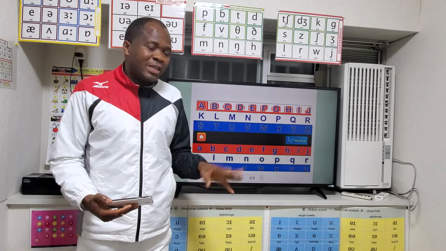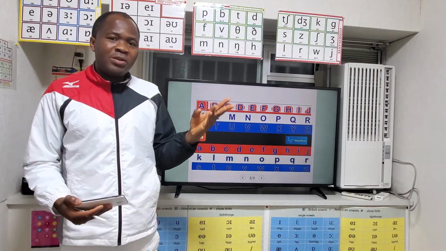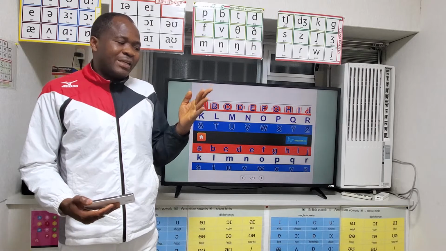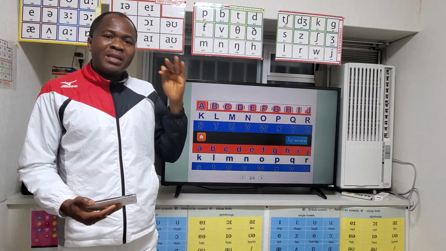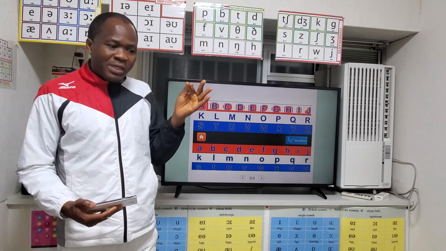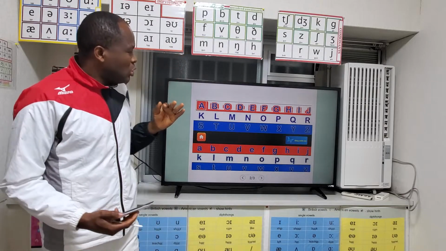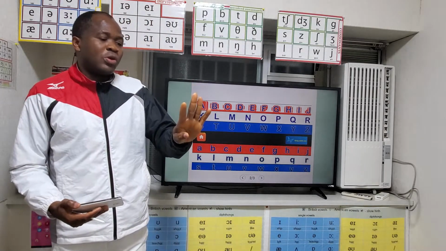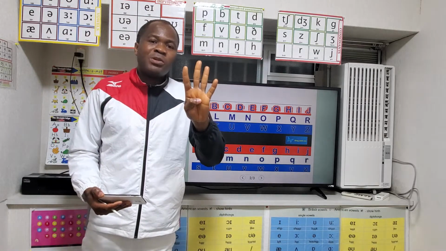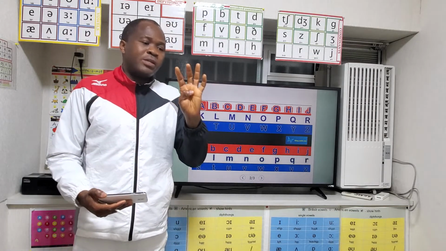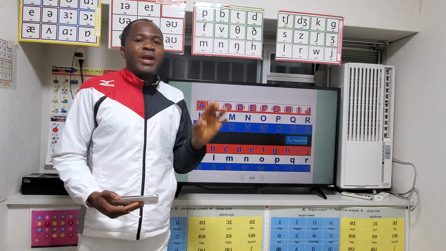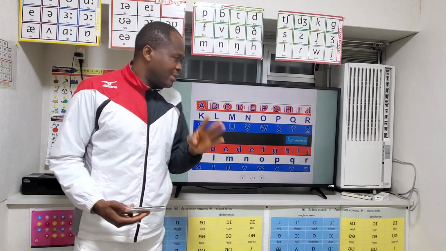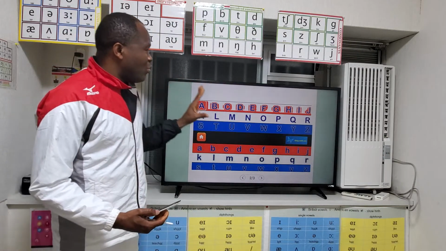The first one is reading and writing, and the next one is speaking and listening. So, in order to help your student to be able to master these aspects of English, reading and writing, speaking and listening,